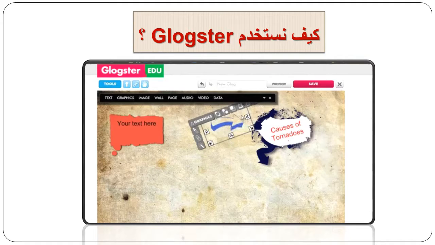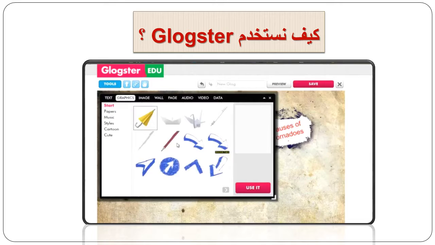Something you do need to know about these animated items is that they stay animated the entire time your glog is being viewed by others. So they are a good idea in theory, but sometimes they do get a little bit annoying, and an arrow that stays in one spot might be just as effective as this one that keeps going back and forth and back and forth. So I'm going to delete this graphic and choose one that is not animated,